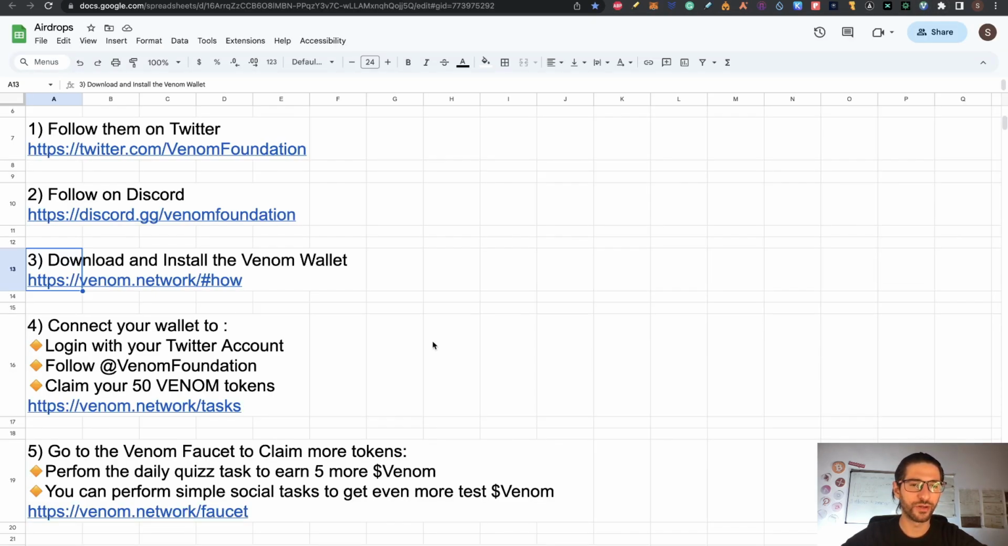Now step 4 is we need to connect your wallet to log in with a Twitter account. So you are going to use a Twitter account. That means if you want to use multiple wallets for this airdrop, you are going to need multiple Twitter accounts. And you need to follow Venom Foundation, which is step 1. And then you can be able to claim Venom tokens that you are going to use for the next steps. So let's go to this link,